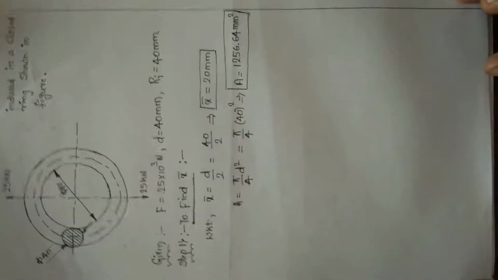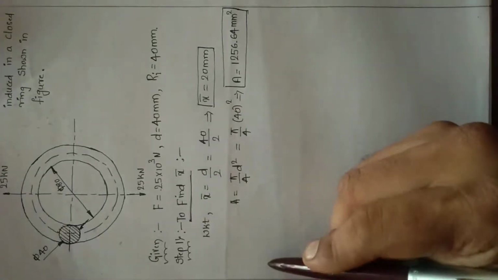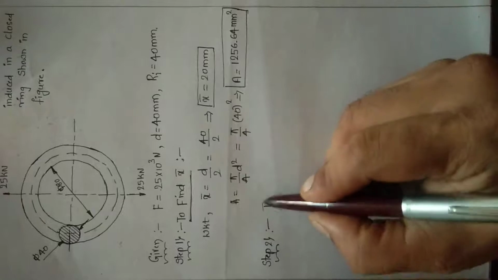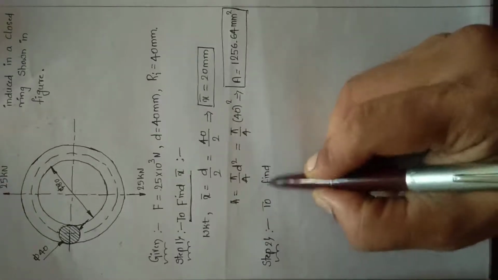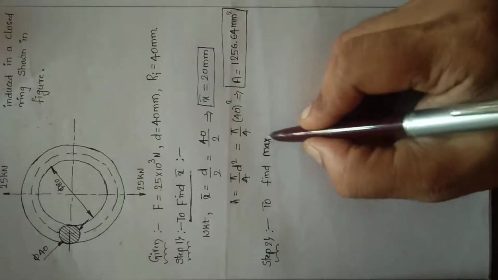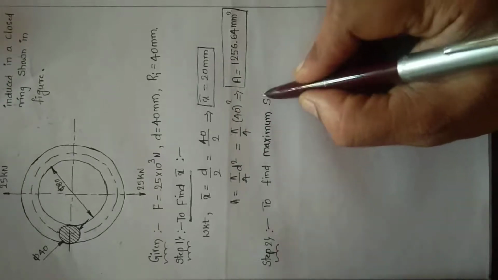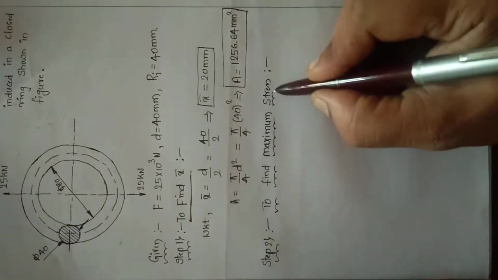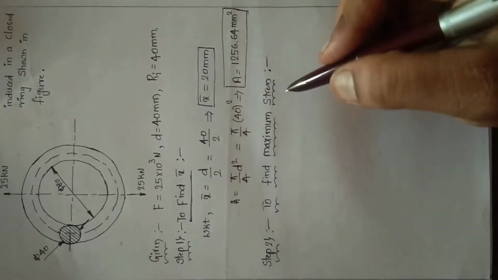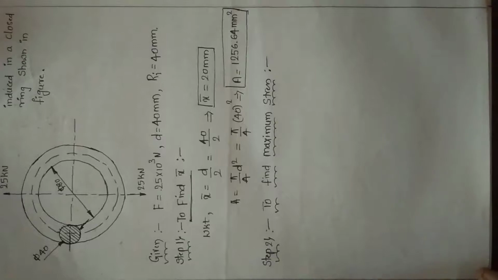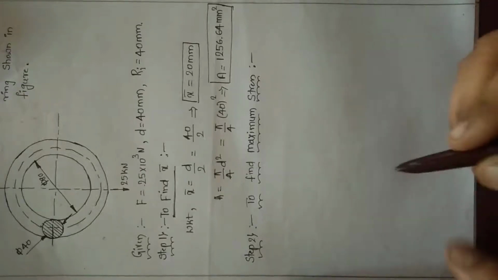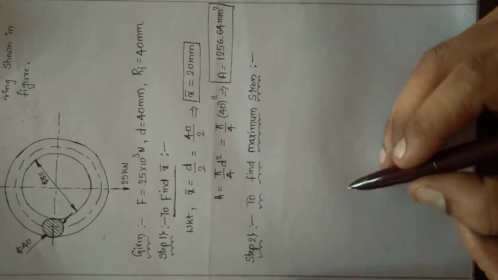Fine. Now step 2, to find the bending stresses, to find the maximum stresses. Here in step 2 we are actually finding the direct and bending stresses, so I can call it the maximum stresses. The combined load, direct and bending stresses, or I can call it the resistance stresses, we need to find here. First we shall draw the diagram and specify all the notations there.